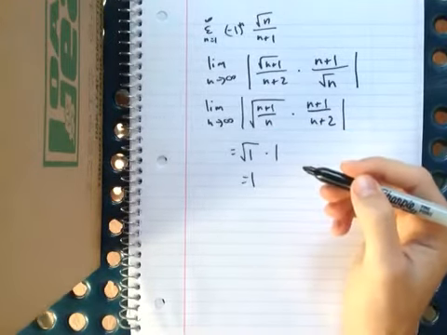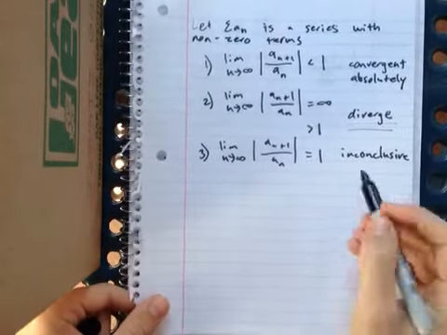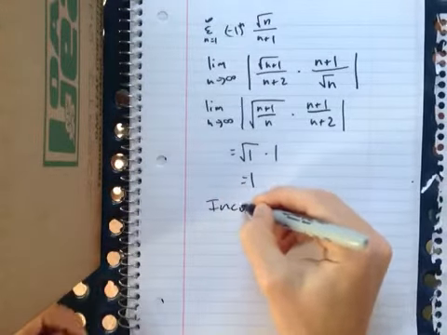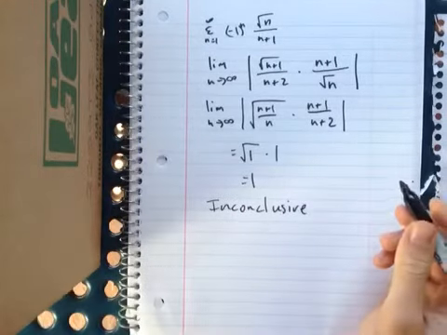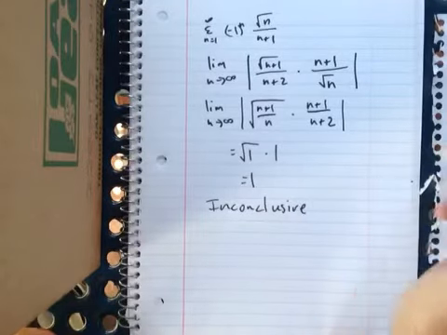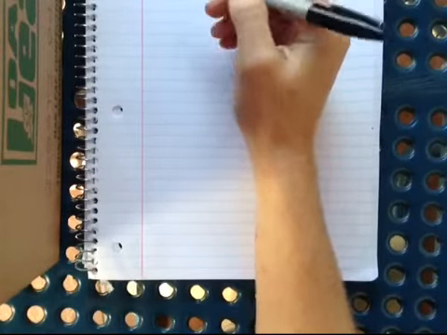So, if we take our rules that we made earlier here, bring them back in, clearly we have this last case, and the ratio test is inconclusive. So, we'll have to use some other test to figure out if this is convergent or divergent, because the ratio test is not useful. So as we just did the ratio test, you may have noticed that it was most